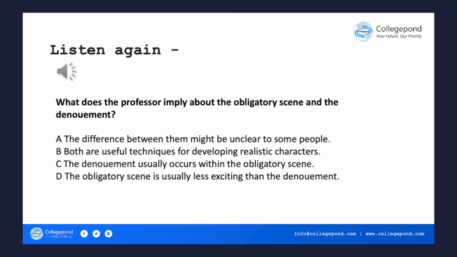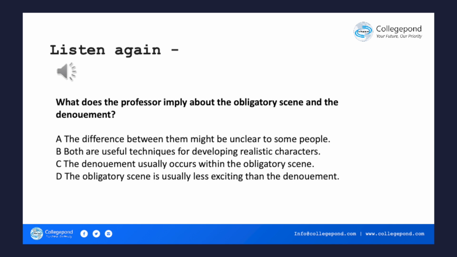Next comes an element known as the obligatory scene. It's a scene, a moment, in which all the secrets are revealed, and generally things turn out well for the hero and others we care about. A happy ending of some sort. This became so popular that a playwright almost had to include it in every play, which is why it's called